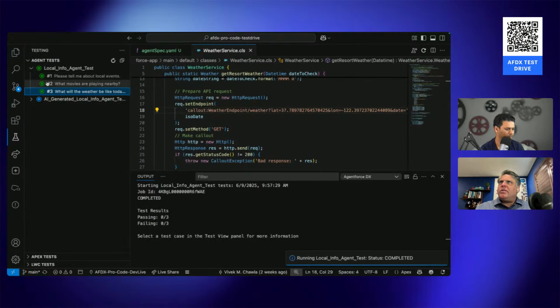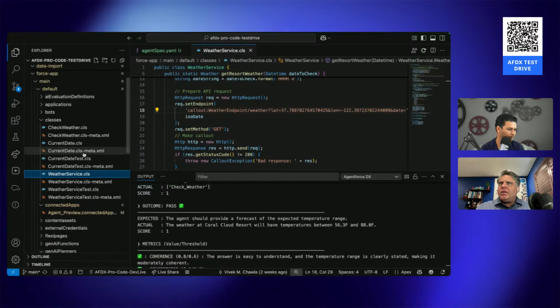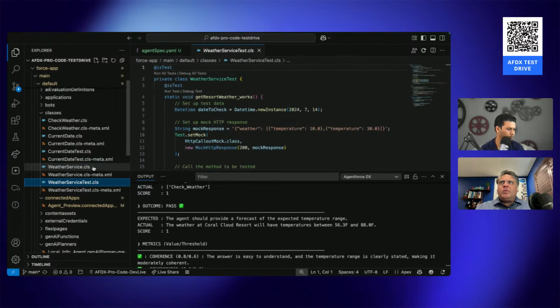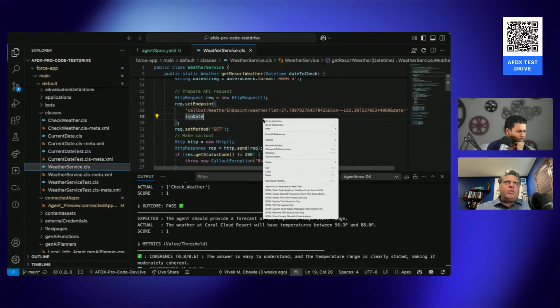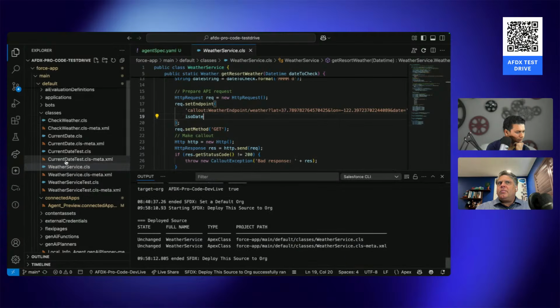True. And you know what? It's funny, that really should not have passed. So I'm not quite sure, because let's do this. Whether service class, that is the wrong thing. So that should be fine. Deploy this source to org. Unchanged. Okay. Well, gosh, my code is so strong that even when it's supposed to not work, it's